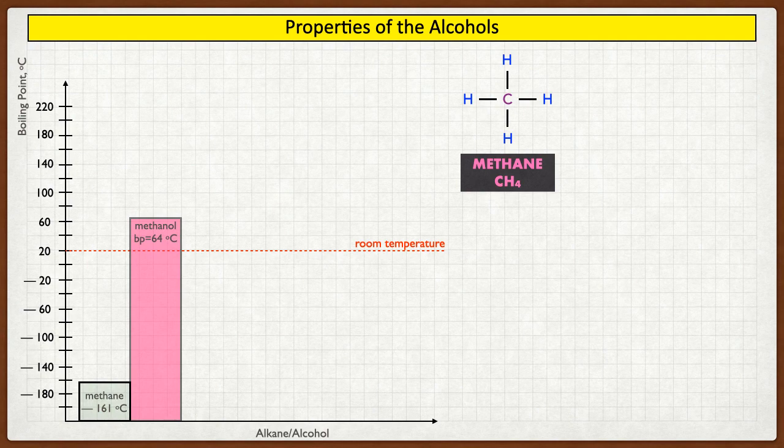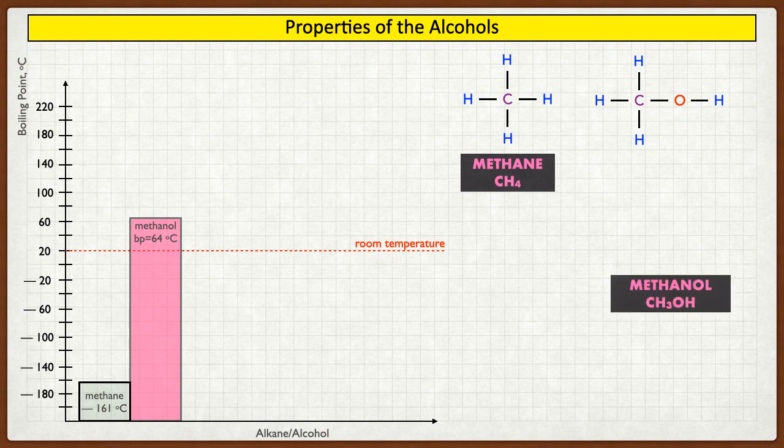Well, the answer is in the structure. If you look at methane, well, there's methane there. You should know that structure from chapter 8. And here is our structure of methanol. I've expanded out the OH group there, as you can see. Now, the oxygen is a very, very electronegative element, and we know that when hydrogen is bonded to oxygen, we can get hydrogen bonds